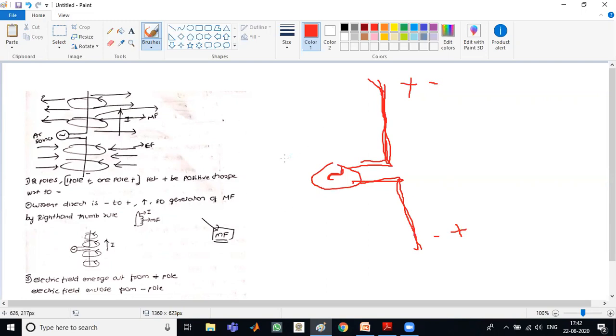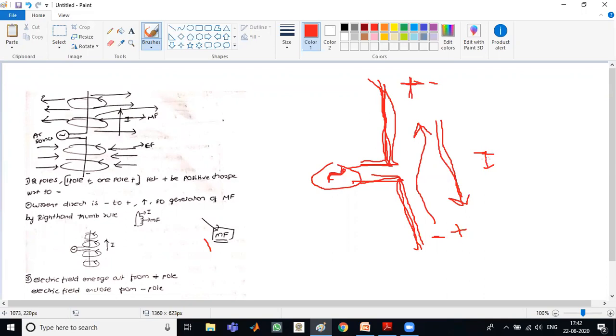You know, from the principle of the right hand thumb rule, the current flows from positive to negative. If you consider this as the positive and negative pole, the current moves from negative to positive. When this is the antenna and this is the virtual image of the antenna, when you apply the source, the current moves from the positive to negative to positive of the antenna. So the current is produced.